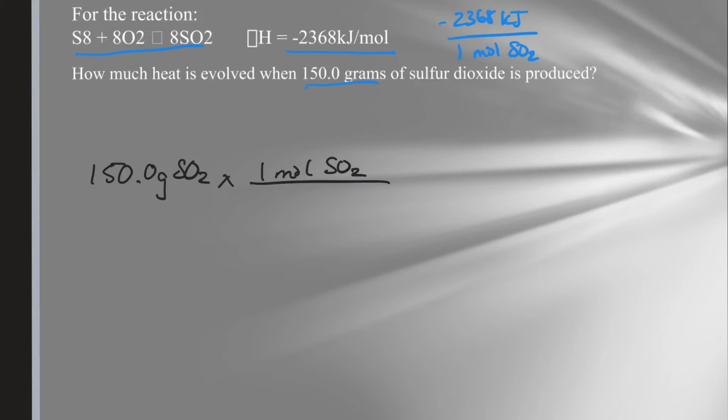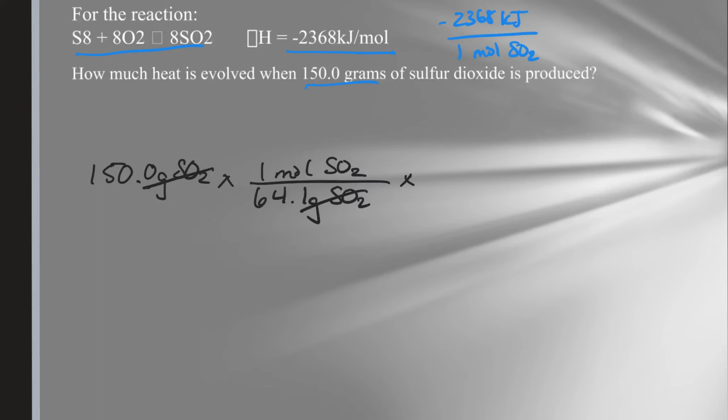So you plug into your calculator the molar mass of SO2, where you have one sulfur and two oxygens. I get a molar mass that's roughly 64.1 grams of SO2. This cancels this out. So now I know that when I do this calculation, it's going to be in moles, which is great. All right, now when I pay attention to this,